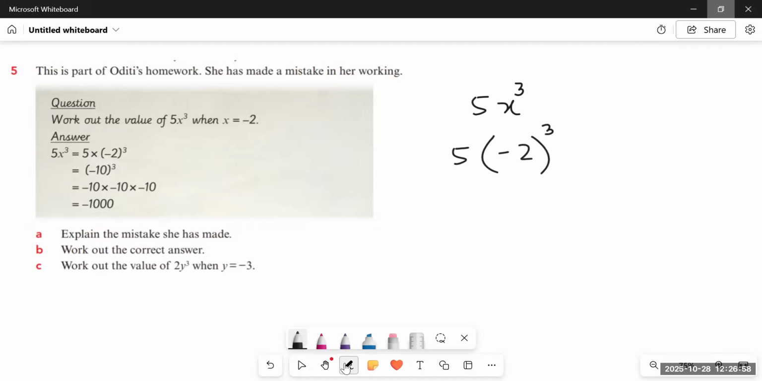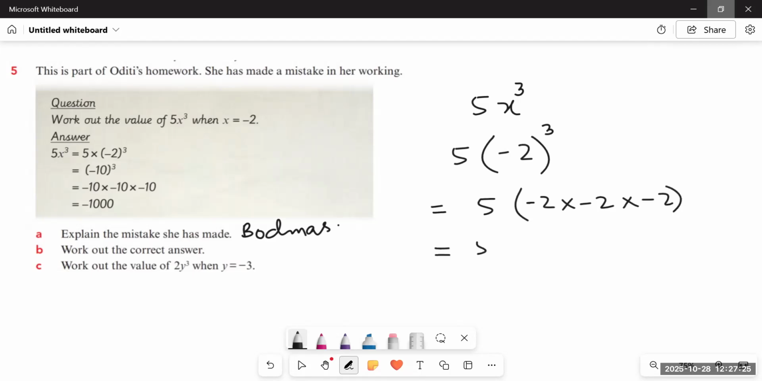What do people mostly do when there is a power over a number and a number getting multiplied to it outside the bracket? You multiply first and then apply the power. So the mistake she has made is she did not apply the BODMAS rule. BODMAS rule is not followed. So it would have been 5 into -2 multiplied by -2 multiplied by -2, which is